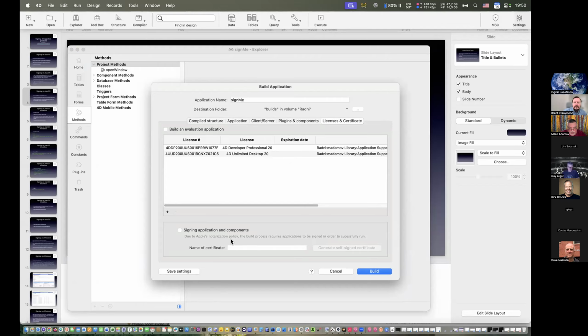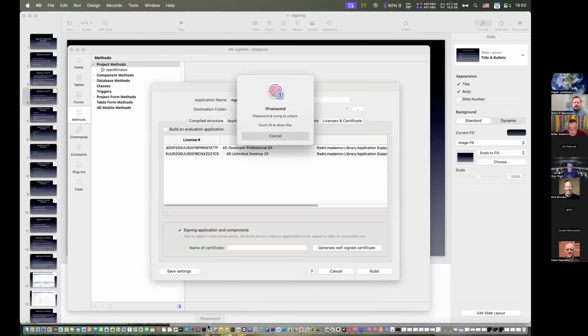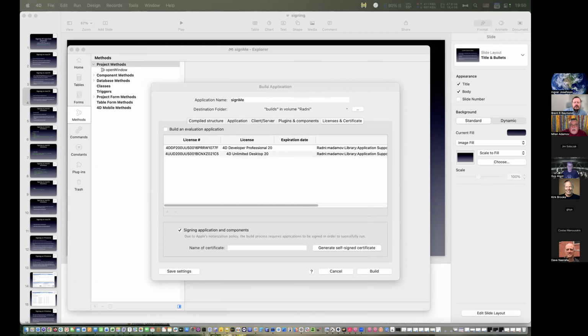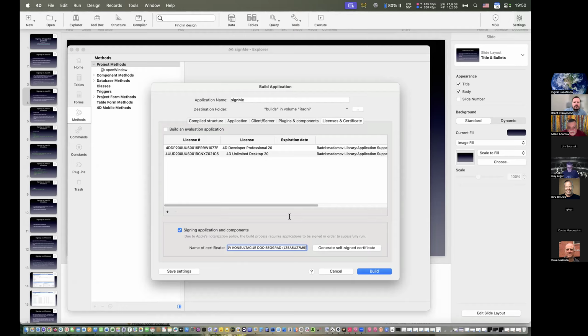If you click here and provide the certificate, which I will do now, let me just unlock this. Remember, you paste the certificate name here. So let's save the settings and do the build.